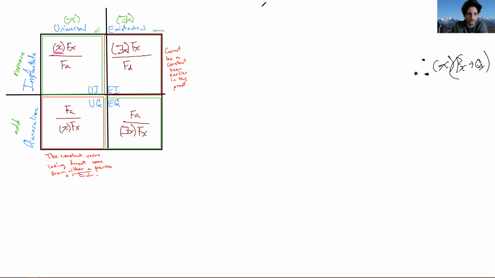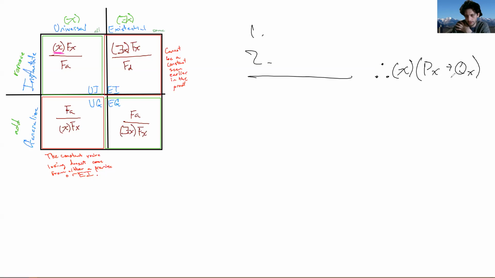I'm going to try to write this a little cleaner because oftentimes we'll have conclusions that are universals. And oftentimes it'll be like a universal conditional. So to be clear, if my conclusion was really, and I'm going to put in some premises real quick that we'll use to get to that conclusion, but in just a second. So if my conclusion was something like this,